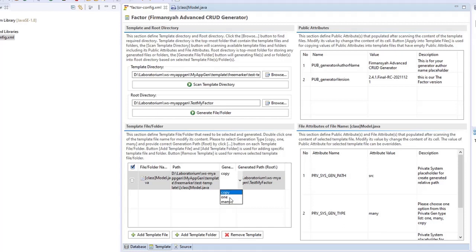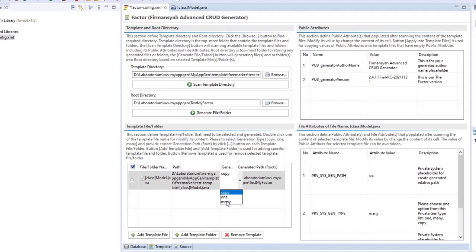If you choose one, the generation will be based on one file only, but the content will be generated following the rules of the template that we created inside.